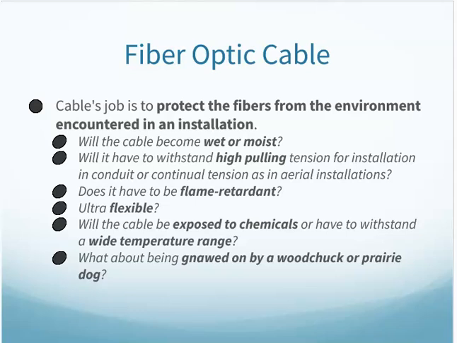The cable's job is to protect the fibers from the environment where it's being installed. So things like, is it going to be wet? Are we going to have to do a lot of pulling to install it? Doesn't need to be flame retardant because we're installing it above the ceiling inside of a building. Doesn't need to be ultra flexible. Is it going to be exposed to chemicals or wide temperature ranges? Is it going to be installed in an area where critters might actually try to chew through it? So all these things are factors in selecting the right cable, but also how the cable is constructed for those